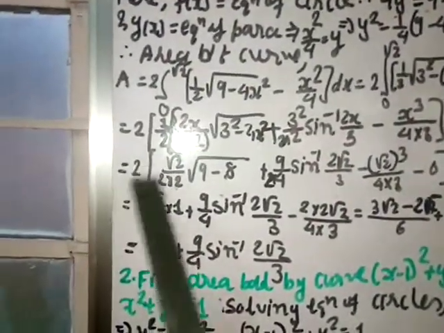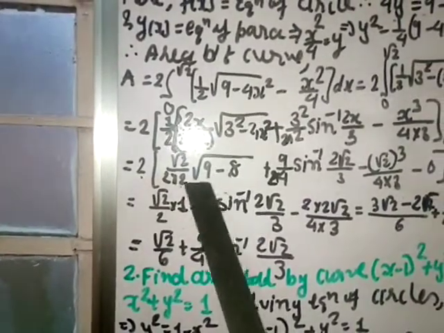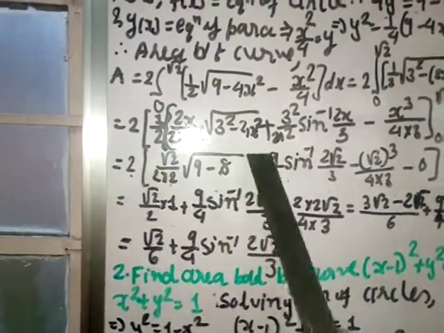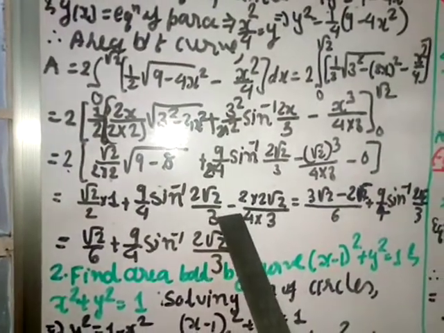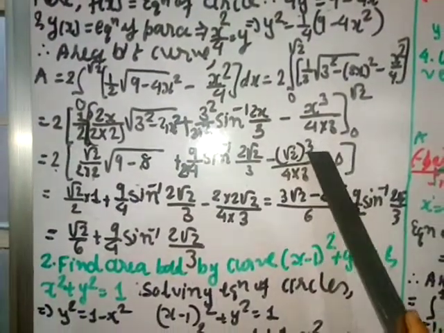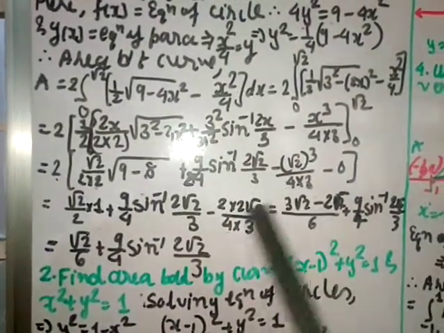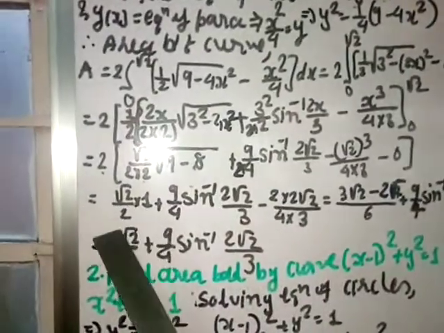Here 2 also I am multiplying, so this 2 and 2 cut, here remains root 2, and here 9 minus 1, 9 minus 8 is 1, 1 square root is 1, plus 9 by 4, these 2 multiply, so 2 cut, so 9 by 4 sin inverse 2 root 2 by 3 minus root 2 cube is 2 root 2. And these 2 I am multiplying, so 2 here and 4 into 3. Here you cut, root 2 by 3, here root 2 by 2.